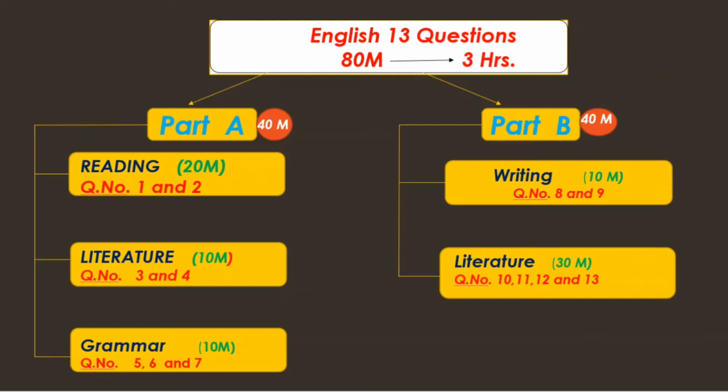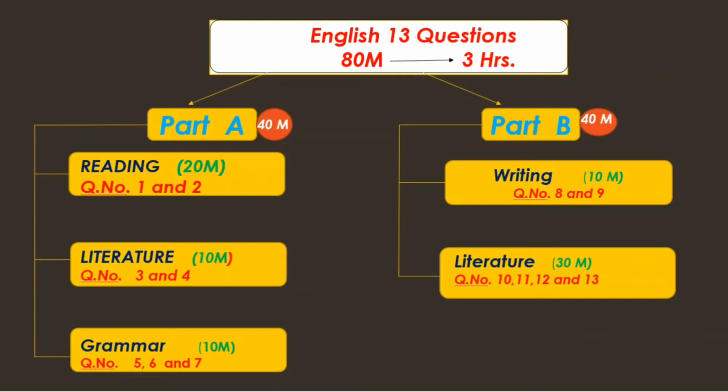The literature part is quite a bigger part where you are getting 30 marks, and children, this is the seen part, that is from your textbook, so you can grab these 30 marks easily if you have done your textbook lessons and all the parts very clearly. You can grab these marks and put them in your pocket. Questions 10, 11, 12 and 13 come under your literature part. So that was about the question number wise analysis of your English paper, which covers 13 questions in all.